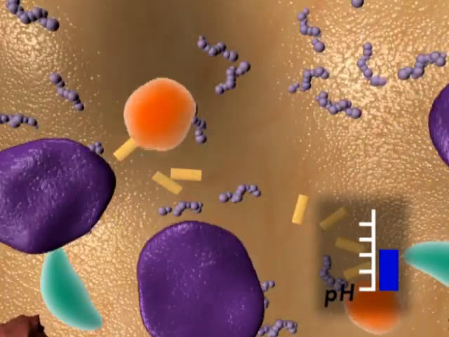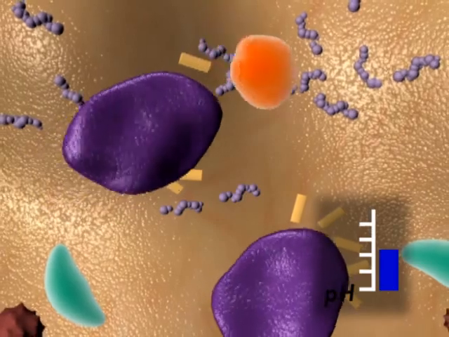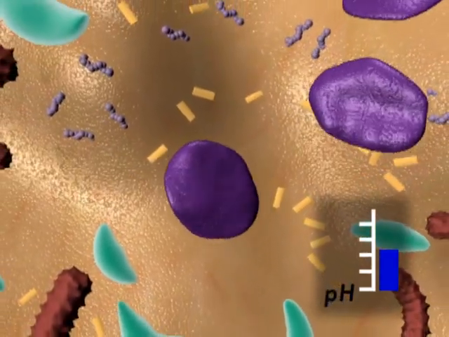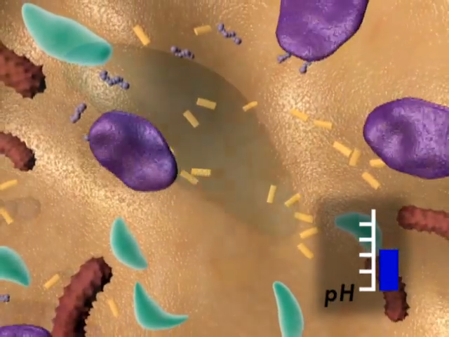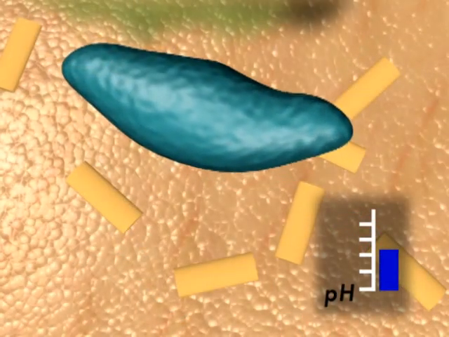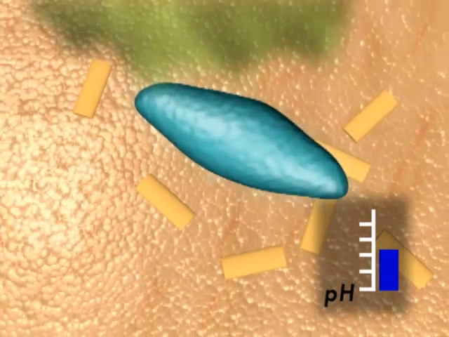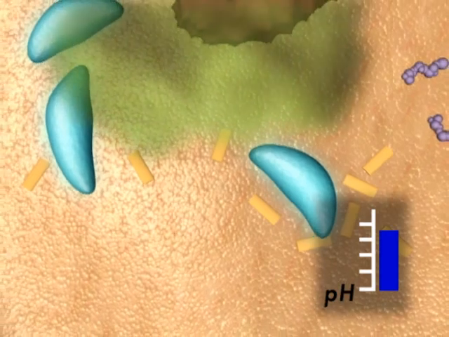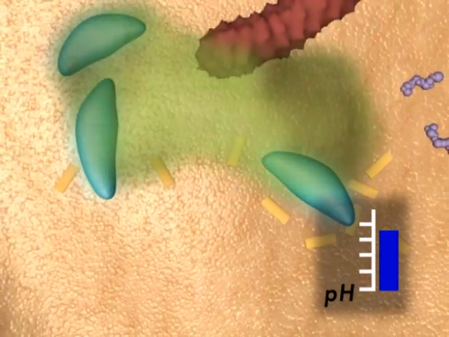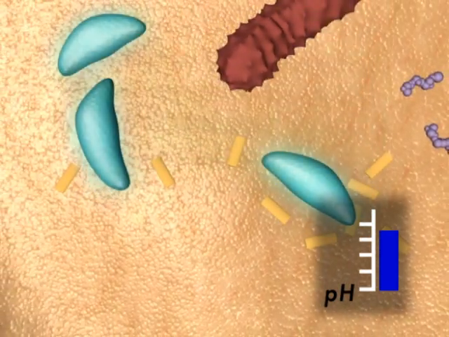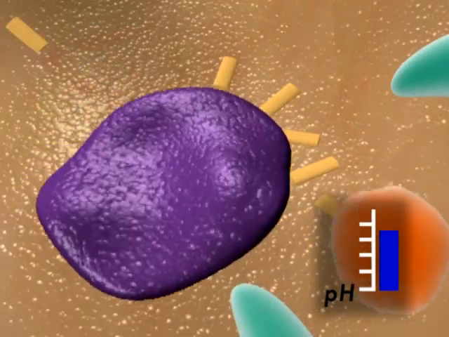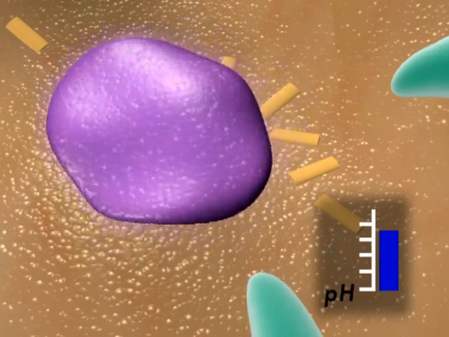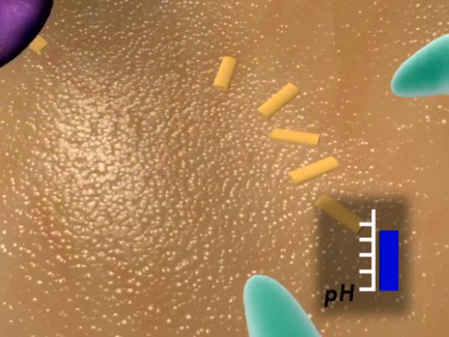The rumen is a hostile environment for yeast cells. When metabolically active yeast cells are placed under stress, they begin to secrete small peptides. Both fiber-digesting and lactic acid-utilizing bacteria consume these peptides, which stimulates their activity. Stimulating lactic acid-utilizing bacteria accelerates the consumption of acid and stabilizes rumen pH. With a more stable rumen pH, fiber-digesting bacteria do not go into a temporary dormant stage, and fiber digestion is